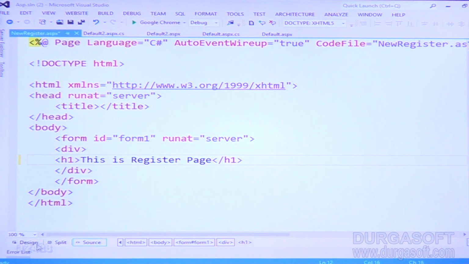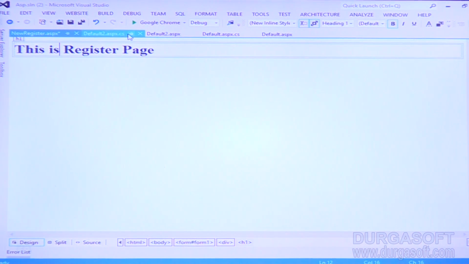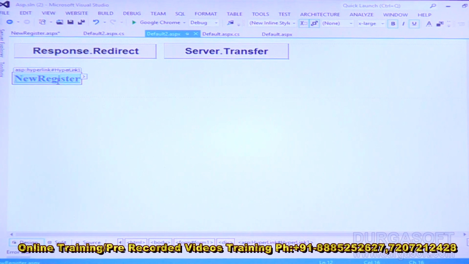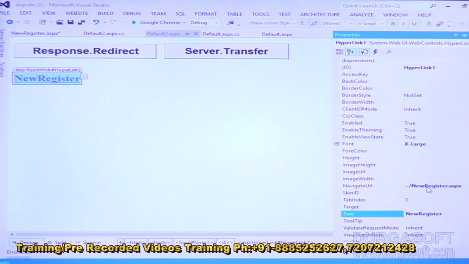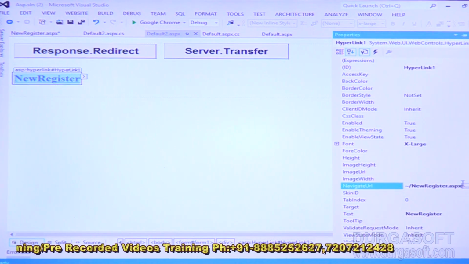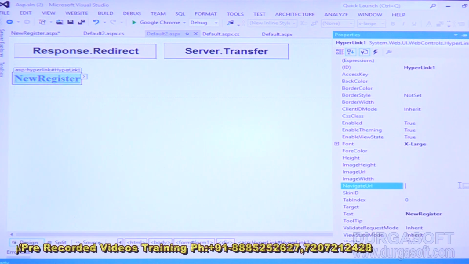Right, so it is what it is, hyperlink control. We provide link to text only. As I told you, hyperlink control can be redirected to another website also. How is it possible? How to give that website address? Here we have to give